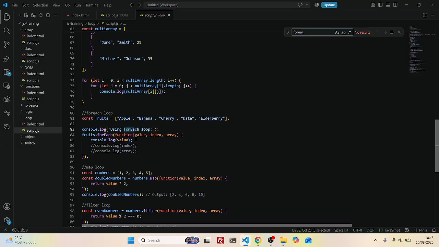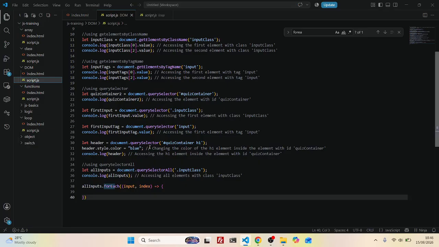So if you have forgotten for each, it's better you go back to the video, watch it, understand it very well, and you come back to the DOM. So all inputs dot for each input index. Because this behaves like an array, that means we can iterate it, we can loop through it. All right. So we can now say this input,